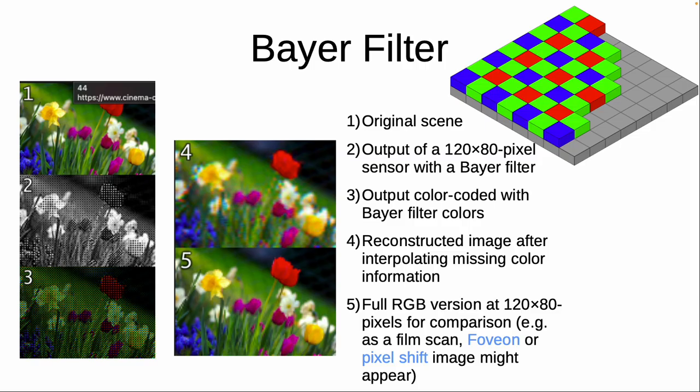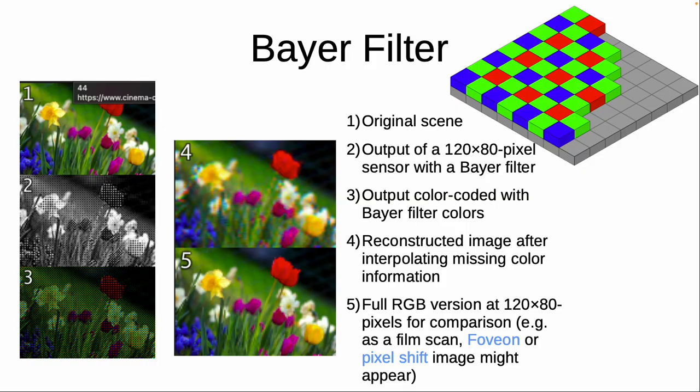Historically, there were a lot of Bayer filters. So the idea is you have, in the upper right-hand corner, the gray sensor background, and then you put various inks, filters of different colors, and then you get a measurement of what the brightness is of each color at each of those grid points.